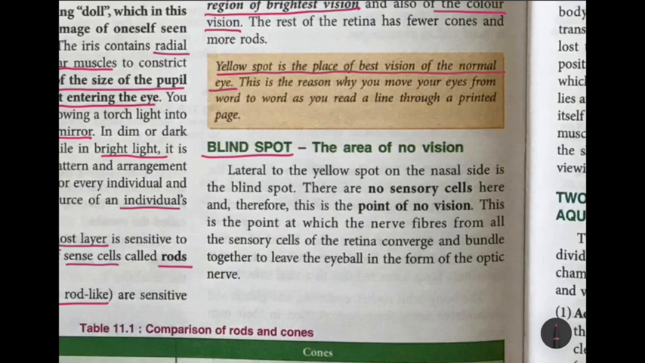Blind spot means blind. This is the area of no vision. It lies lateral to the yellow spot, on the nasal side. There are no sensory cells here, no rods, no cones, because this is the point where all the nerve cells from the retina come together and bundle up to form the optic nerve. So this is the point of no vision. At this point the nerve fibers from all the sensory cells of the retina converge, bundle together and leave the eyeball in the form of the optic nerve,